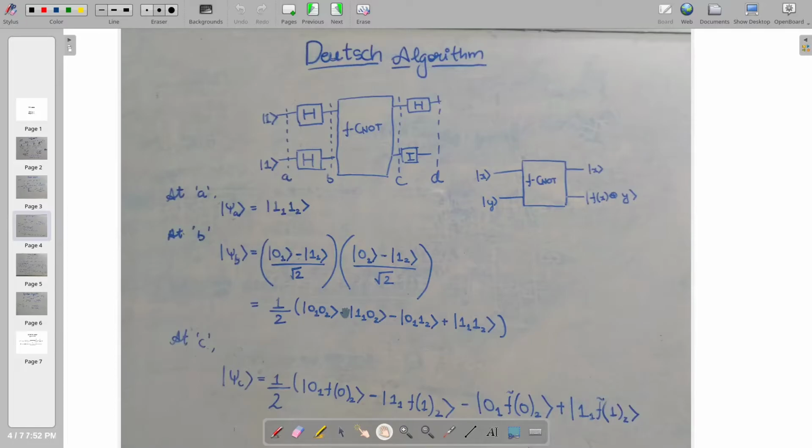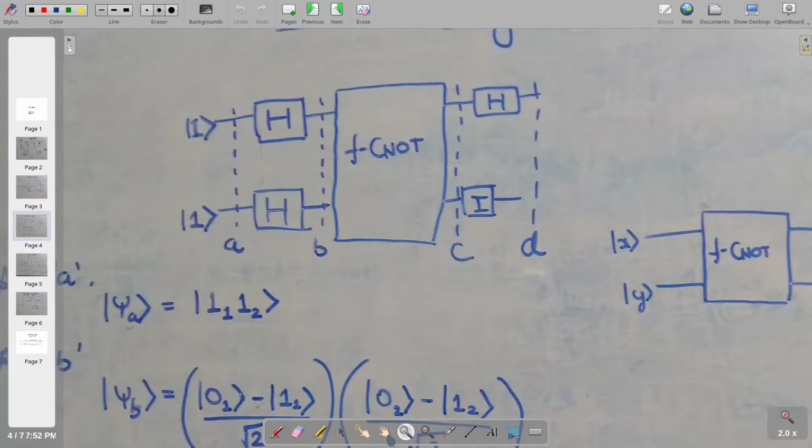So we will use that superposition principle to our advantage. We just modify the previous circuit minutely. What we did is we added a Hadamard gate to both the qubits, and we were taking a general x and y. Let us say that we had an input 1 and 1, we passed it to a Hadamard gate, and we attached a Hadamard gate to the end and attached an identity gate, because we are not concerned, as you'll see later, with the output of this, but the output of this particular output is what will give us a solution to the problem.